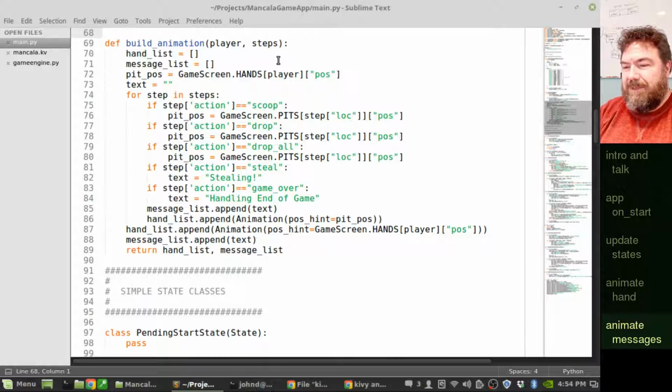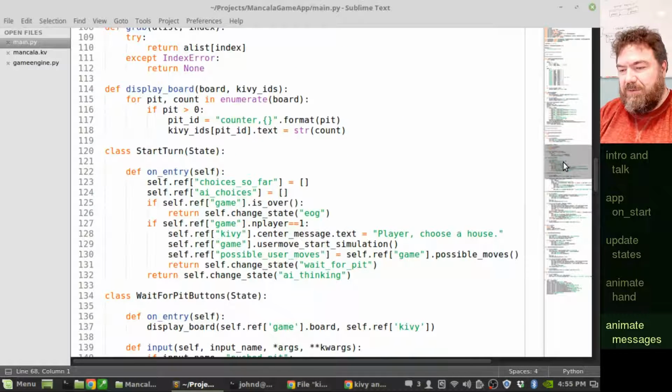problem. So when I build the animation, I made it generically called build animation. I make a hand list and a message list, and later on, I'll probably make 2 more lists. And the lists are of equal size. So all I'm really doing is changing the position. Later on, I'll be doing a little animation and a little bit of image manipulation and that kind of stuff, but also adding to message lists at each state. So I'm setting up the number of steps for the animation, and all the lists will be of the same length. So return the hand list and message list, and then when I'm using it,